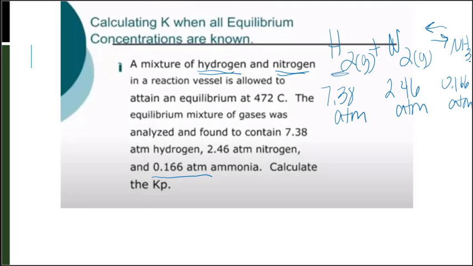I have 2 H's on the left and 3 H's on the right, so I'm not balanced. I'm going to put a 3 over here and a 2 over there, so I have 6 H's on both sides. That gives me 2 N's and 2 N's. Great. Now that I have a balanced equation, I can write my